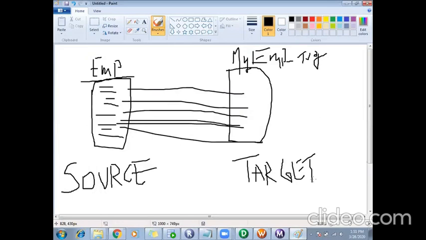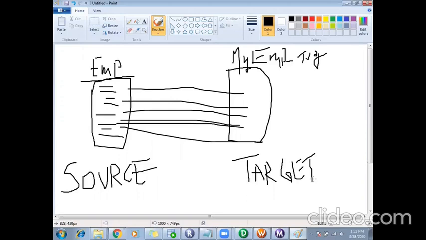Again, this source can be anything. It can be a database table, as in my case now, EMP, or it can be a flat file, a text file, which can be delimited or a fixed length file. It can be a CSV file, an XML file, or a COBOL file, COBOL sources. So source can be anything. Again, target can be anything.